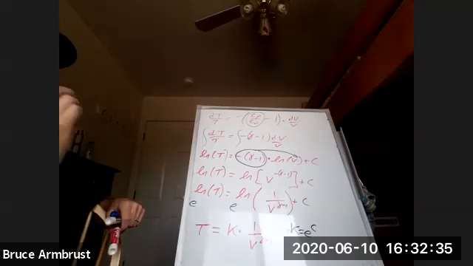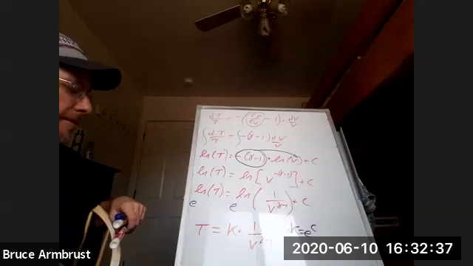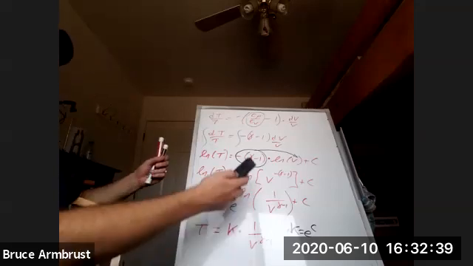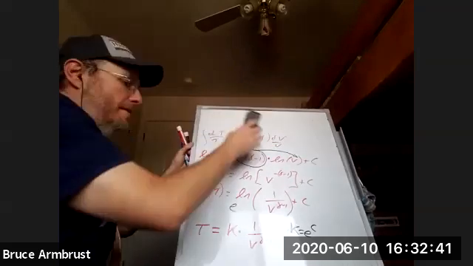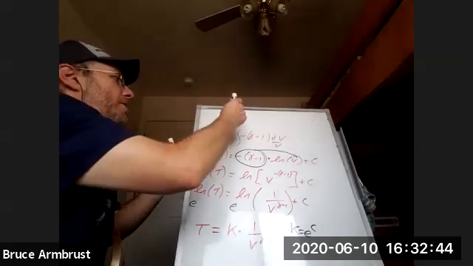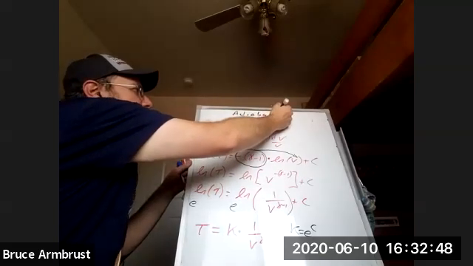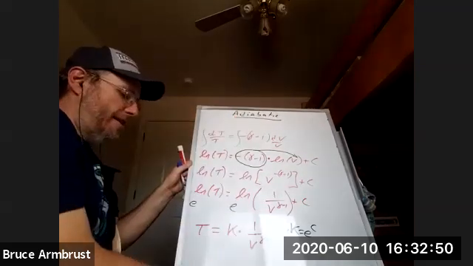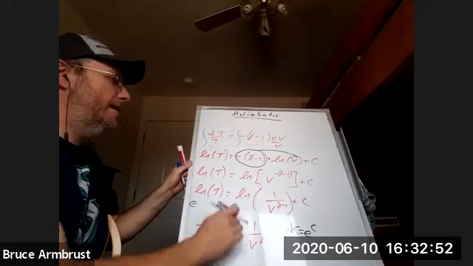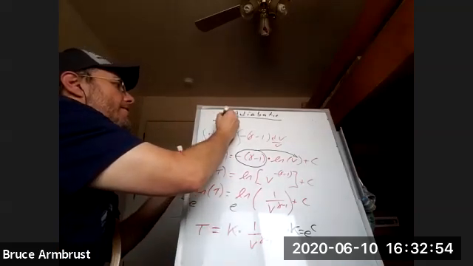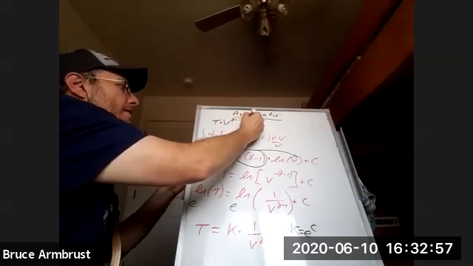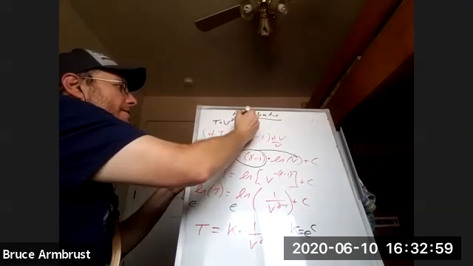So we're almost where I want to be. I'm just going to do one more step. And so again, here's what we know about an adiabatic process. We've got that T times V to the gamma minus 1 is constant.